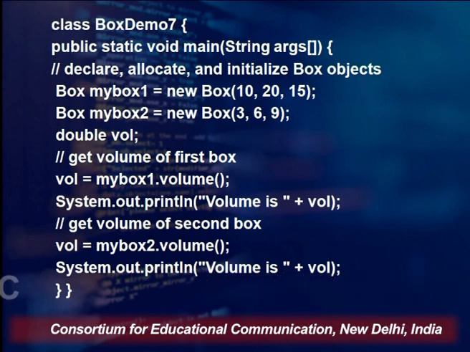So the bottom line behind this particular program is that it has 2 instances which are created with the help of a constructor, not only a constructor but the parameterized constructor, and because of this, myBox1 and myBox2 are initialized with different parameters. Now apart from this parameterized constructor, we have other types of constructors also. We will be taking them soon in our upcoming slides, but before going to that we need to cover